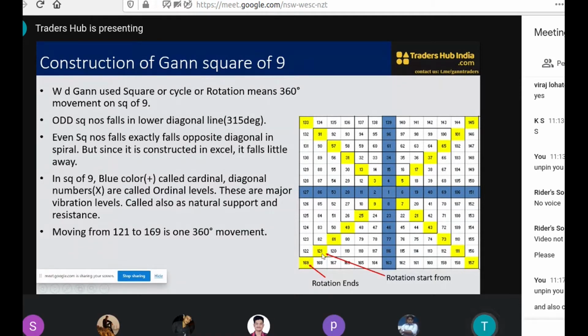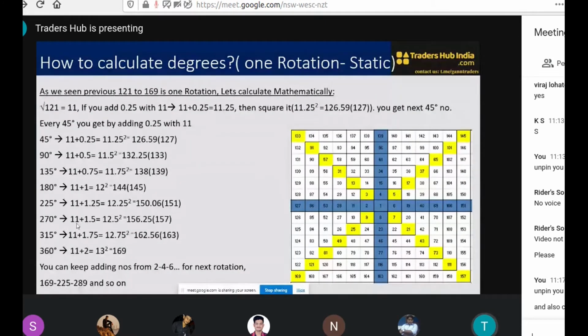We are starting from 121 and ending with 169. So it starts from here, goes here, comes here, and ends with 169. It completes one circle, or one rotation, or one cycle, as we can call it. 13 squared is 169. So to complete one circle, you have to add